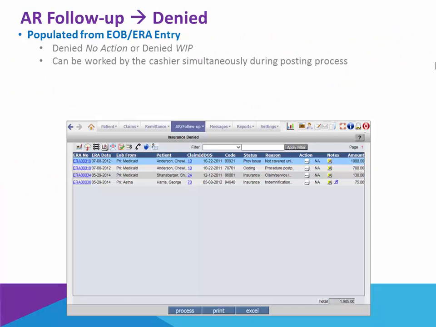Within Prognosis, the denials are identified during the EOB/ERA cash entry, and while the transactions are being posted, the cashier has an opportunity of identifying the denial as no action or work in progress, or can actually go ahead and resolve the denial in conjunction with the cash posting. And this is what will determine whether the denial goes over to the denied screen for follow-up from an additional